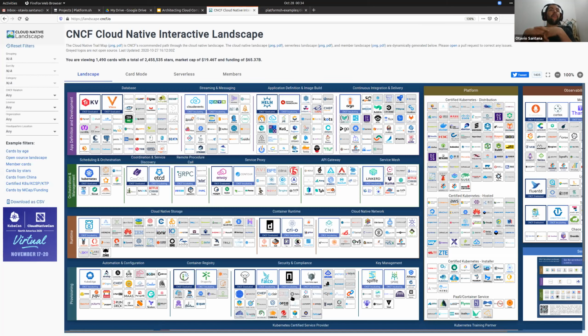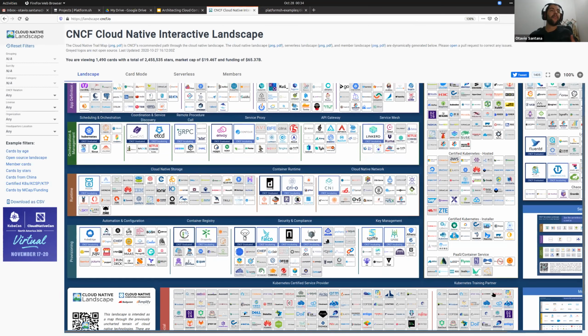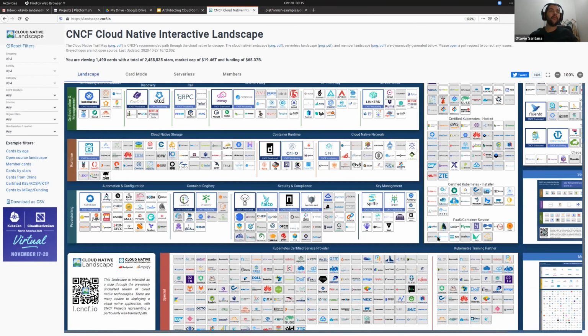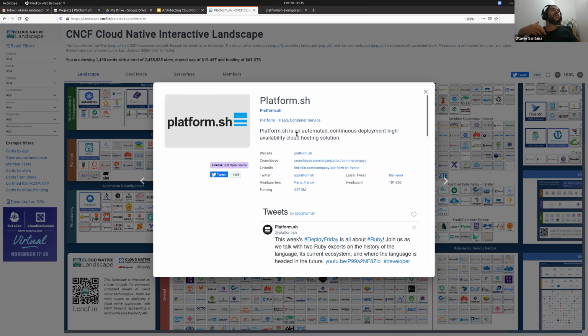However, we have a couple of solutions. We have, for example, PaaS, Platform as a Service. For example, my company here. Platform.sh is a cloud native company that helps you deploy your application or deliver your product easily in the cloud.